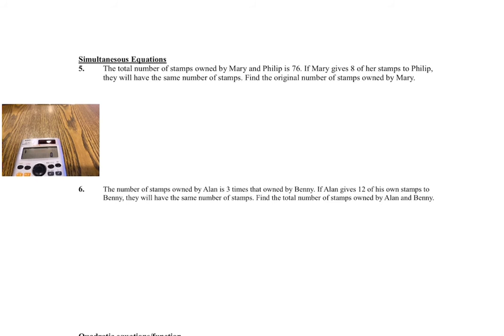This time we just have to translate English into maths first, and then there's a super fast program, and you just have to click, and then you get the answer for both of them. So let's see the first line. The total number of stamps owned by Mary and Philip is 76. Oh, we have Mary, we have Philip. It's so confusing. So let